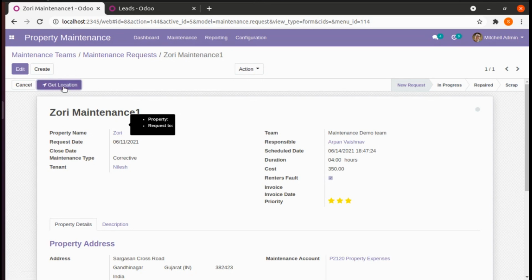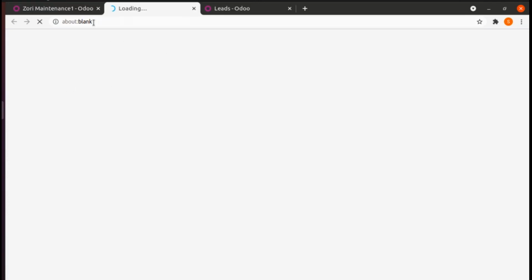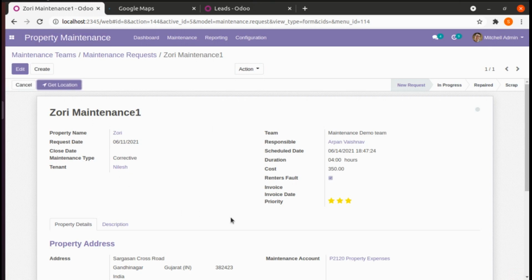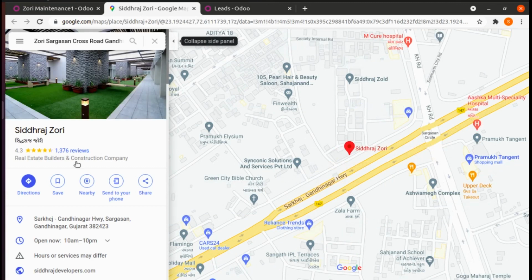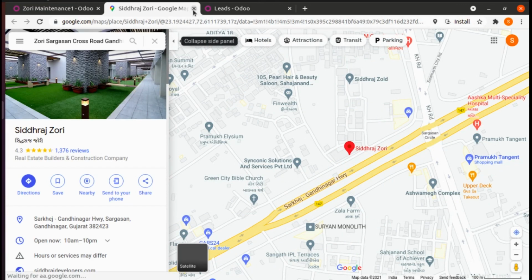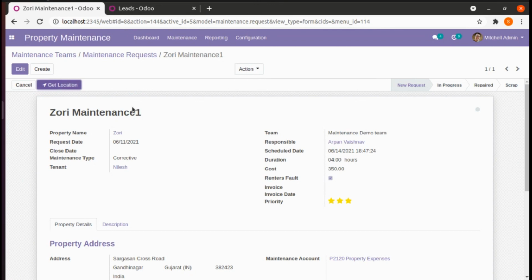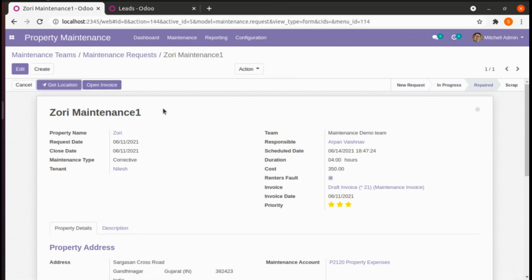Now when we click on this get location, we will directly be shown this particular property's details in our Google map, that is shown here. Once this has been done, we just need to go to repaired state, and we will be able to create an invoice for that.